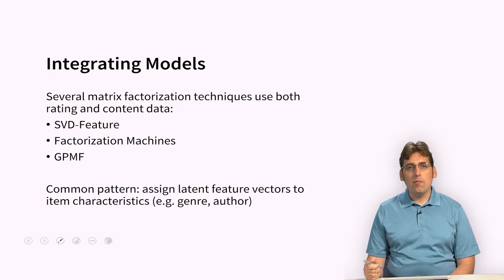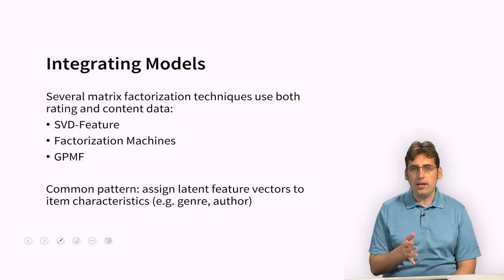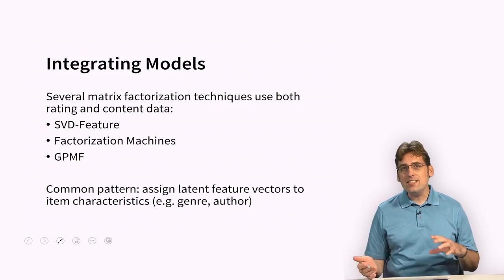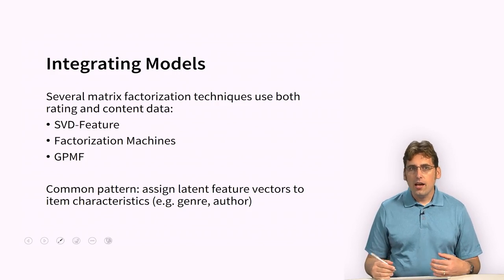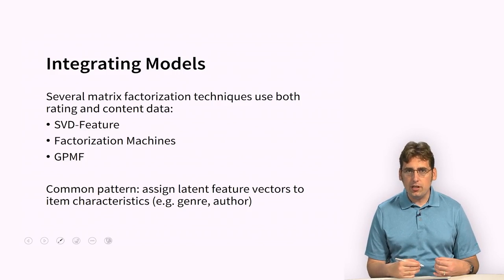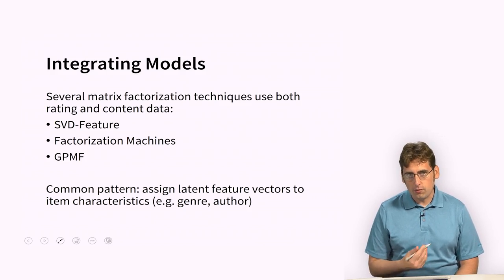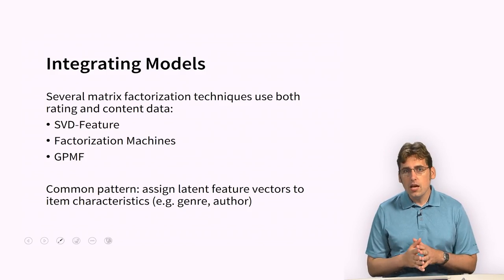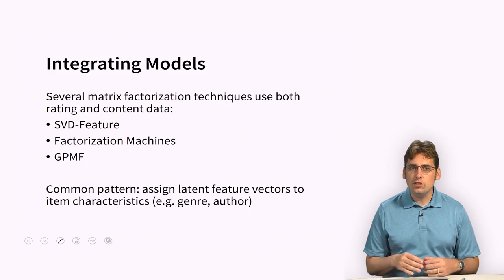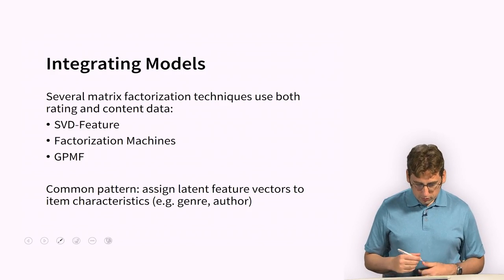We can also integrate models. Several matrix factorization techniques can take into account both rating and content data. And this isn't hybridizing algorithms so much as it's hybridizing types of data. SVD feature, factorization machines, and generalized probabilistic matrix factorization are all examples of algorithms that can do this. A common pattern in some of these algorithms is that in addition to assigning latent feature vectors to item characteristics,